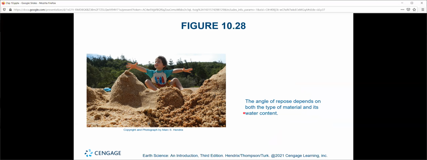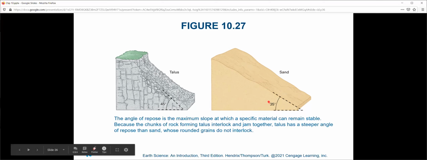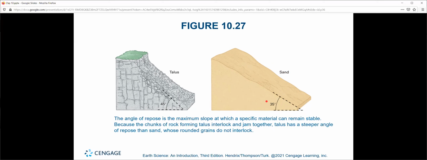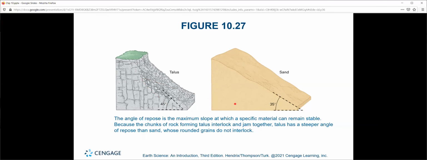That's angle of repose. It changes depending on the structure we're talking about here. This rock talus can hold a better angle of repose because the rock is less likely to move in on itself. Sand, this dry sand here, has a smaller angle of repose. Sand's more likely to tumble down on top of itself. If you've ever been to some dunes at a beach before, you're going to notice the dunes slowly moving back, and the grass component. A lot of times you'll find dune here, then at the very top, a big grass component and roots falling out of the sand, beating the angle of repose, essentially.